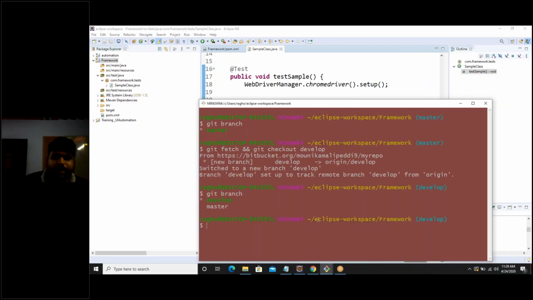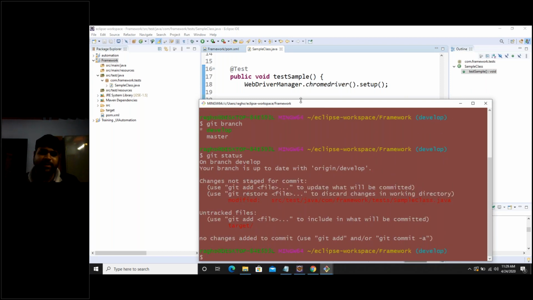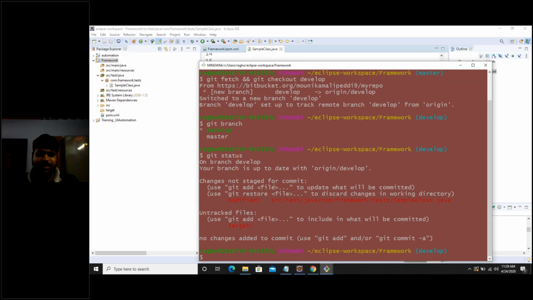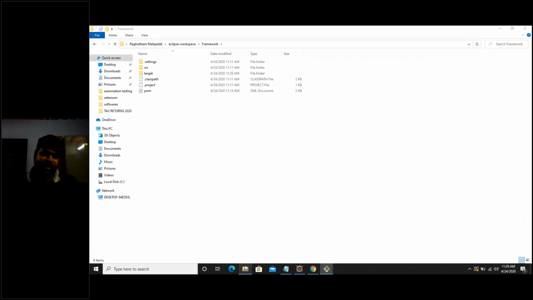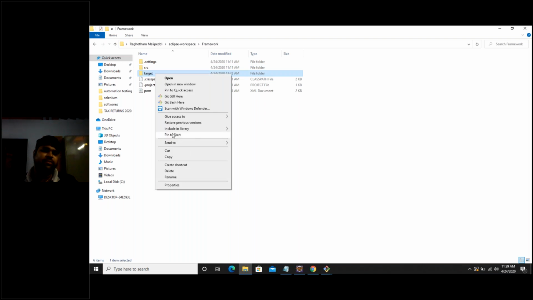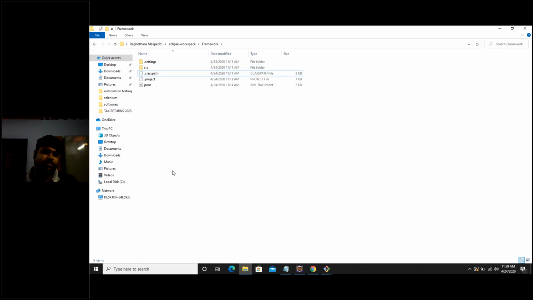Let me open git bash and say, if you want to know what are the changes which are done in the project, and if you don't know what are the changes which are made, you can just type a command called git status. What it is saying, hey, some branch is modified, this is the branch, and there is some branch called target, you haven't added it. I don't want to add it again because target, all these things will have reports. So don't commit all the reports to the repos.